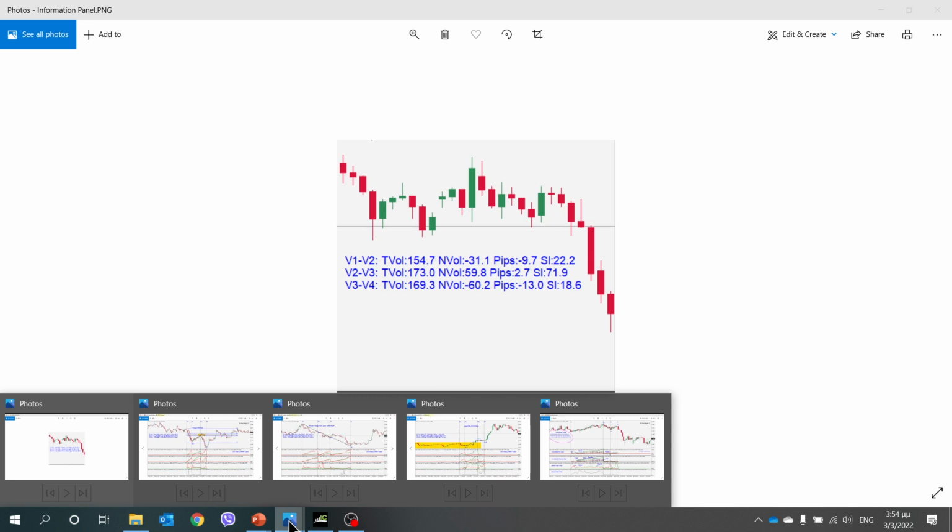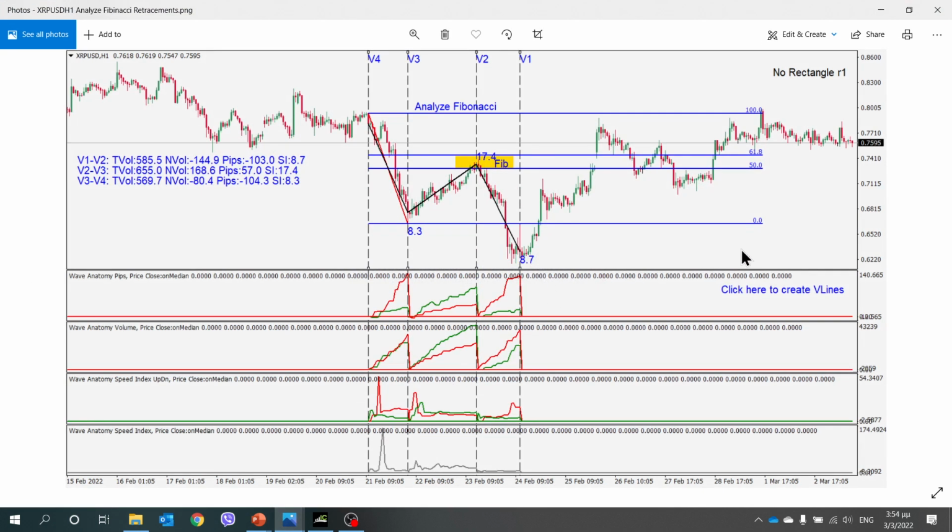One application is analyzing a Fibonacci level. As you can see here, I have drawn on this chart the down move, the retracement of Fibonacci, which is 5061.8, and then with my lines, I move them around and put them exactly at the tops and bottoms, and I get my charts and my speed index down.